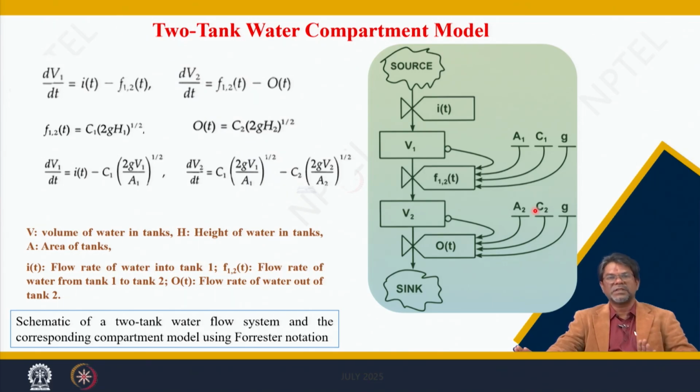Parameters remain constant for a particular simulation, but those values are likely to change when the simulation conditions change. Like here, A2 and C2 are parameters, they are constant for a particular simulation. If the box size changes, A2 will change and C2 will also change. But g is a constant, not a parameter; it is the gravitational constant that remains constant throughout.